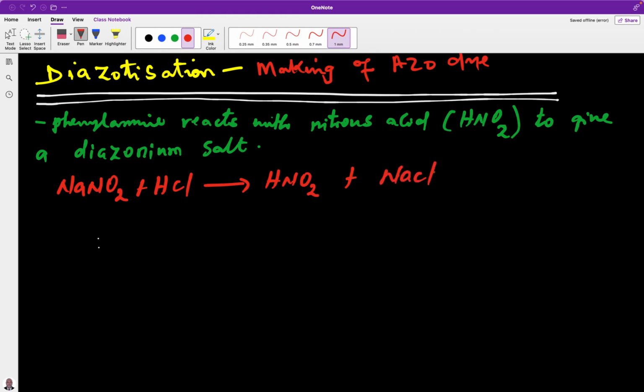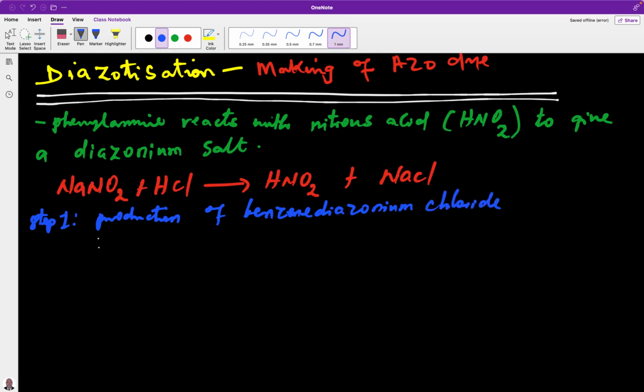Then step 1 of this reaction is when the phenylamine will react with nitrous acid. So let me say step 1. In step 1, production of benzene diazonium chloride. That is the chloride. This is the salt I'm talking of, diazonium salt. And this is where the reaction occurs at a temperature, what? The temperature is usually less than 10 degrees Celsius